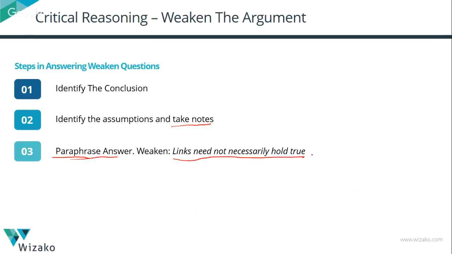Once you think about that, once you do that, go to your answer options and do the process of elimination. See which of the answer options match what you are looking for in the answers. It might sound like a very long process right now to spend so much time on the argument, to take notes and to paraphrase and to identify all the possible links that could go wrong. But with practice, CR is very structured in the sense that there are only a certain number of different reasoning styles that are used in an argument.